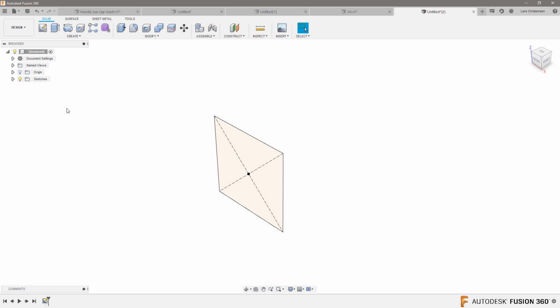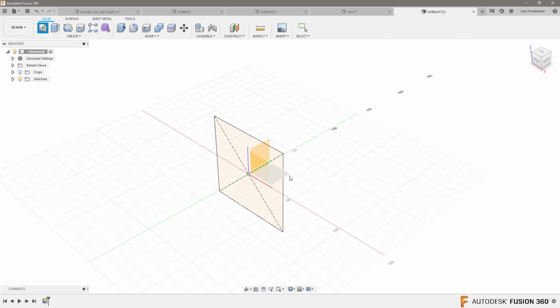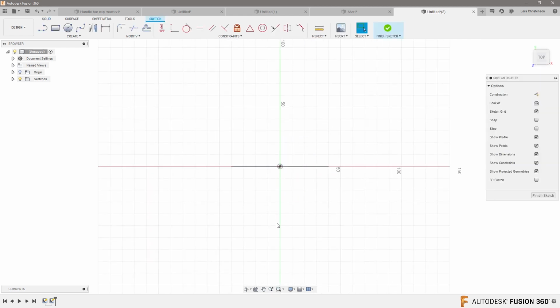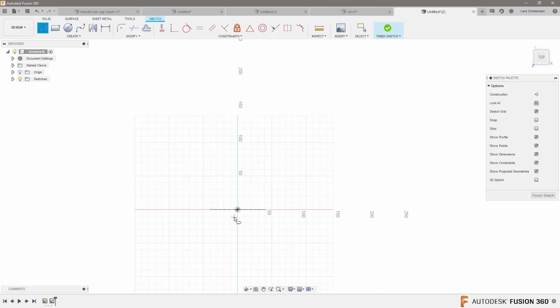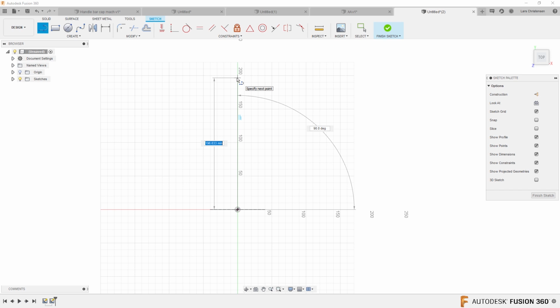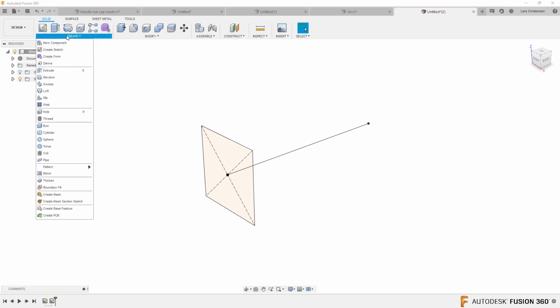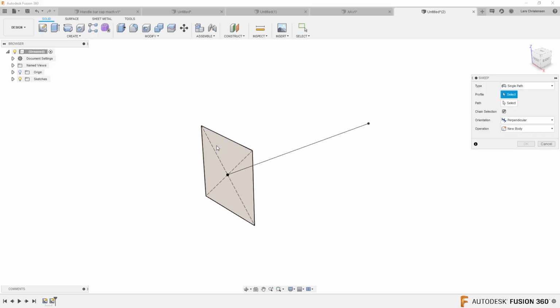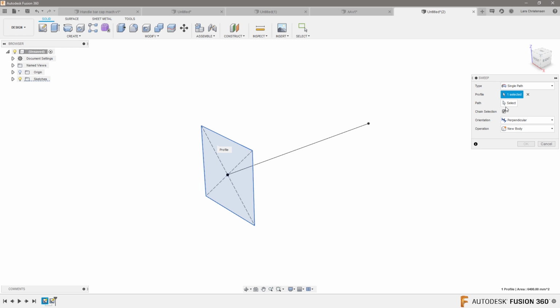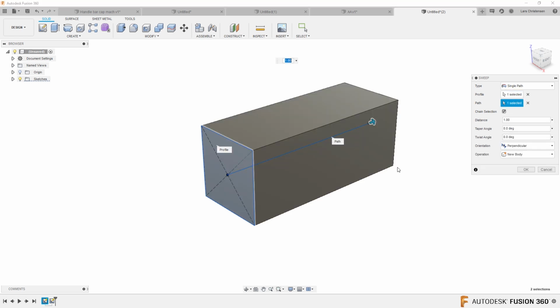That is the path. I'm going to go ahead and open a new sketch, and I'm going to place it right here. I'm going to make sure I draw from the center. I'm going to hit line, and I'm going to draw a line out here. I'm going to make it 200 maybe. Okay, 2 sketches. And now if we use this sweep, select that as your profile, select that as your path,